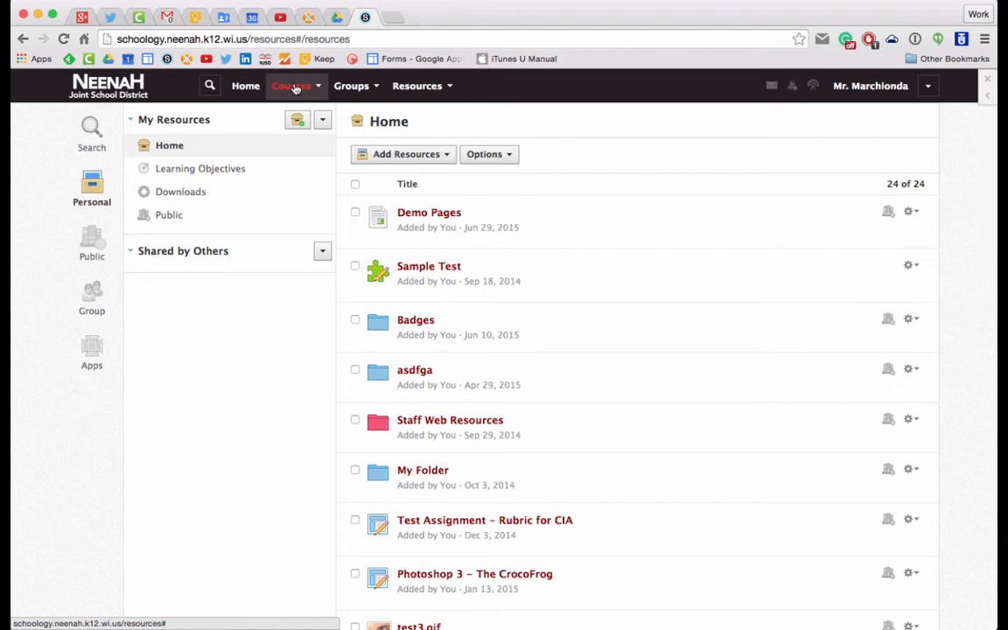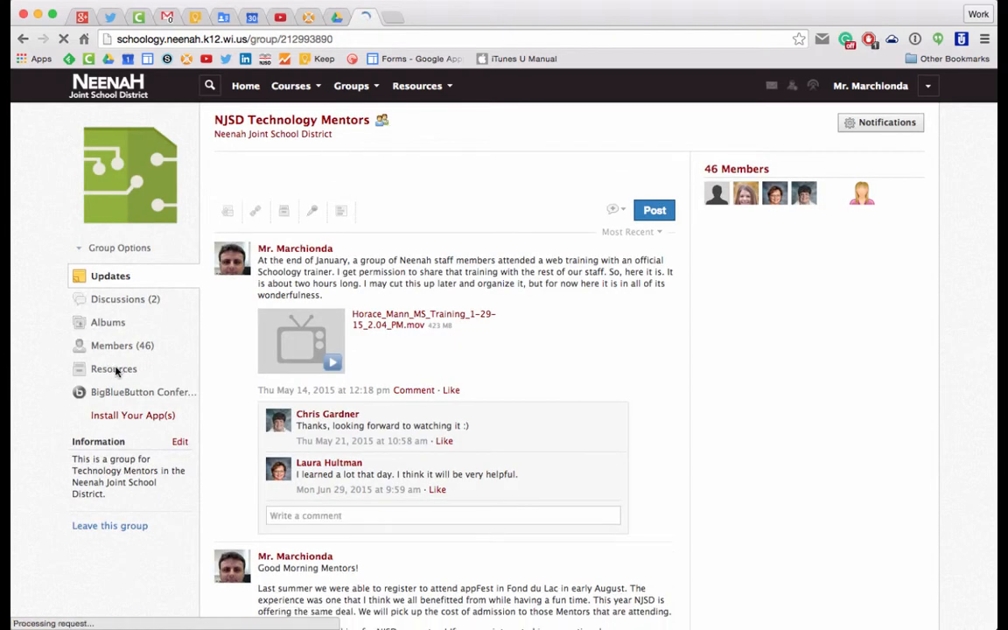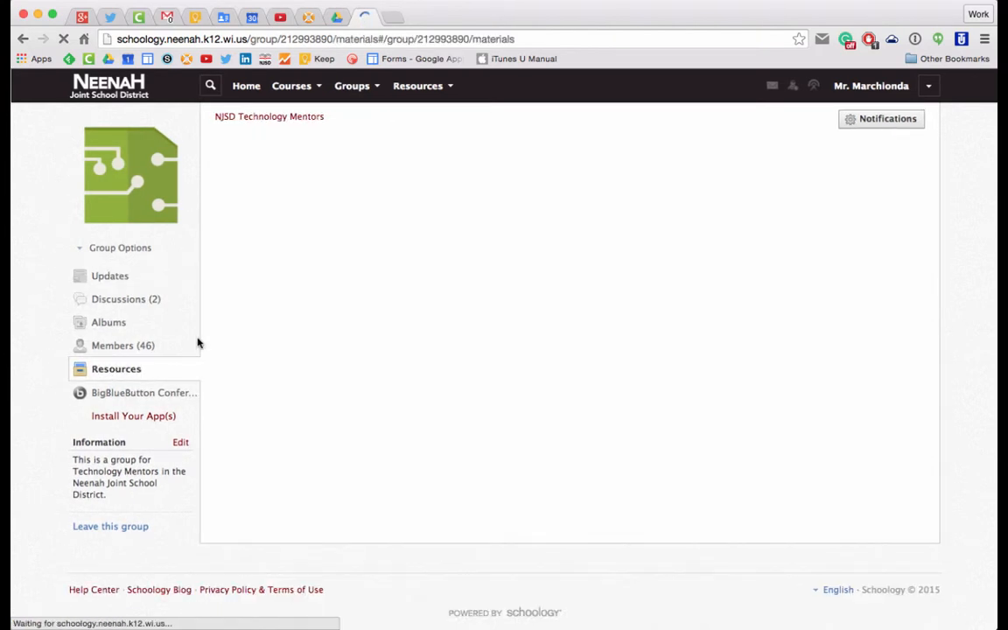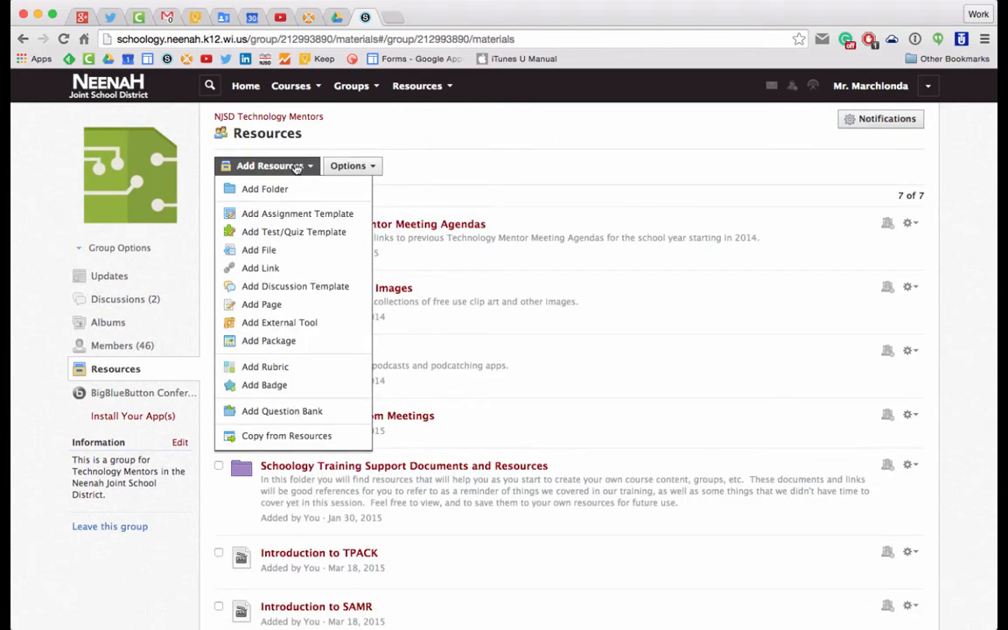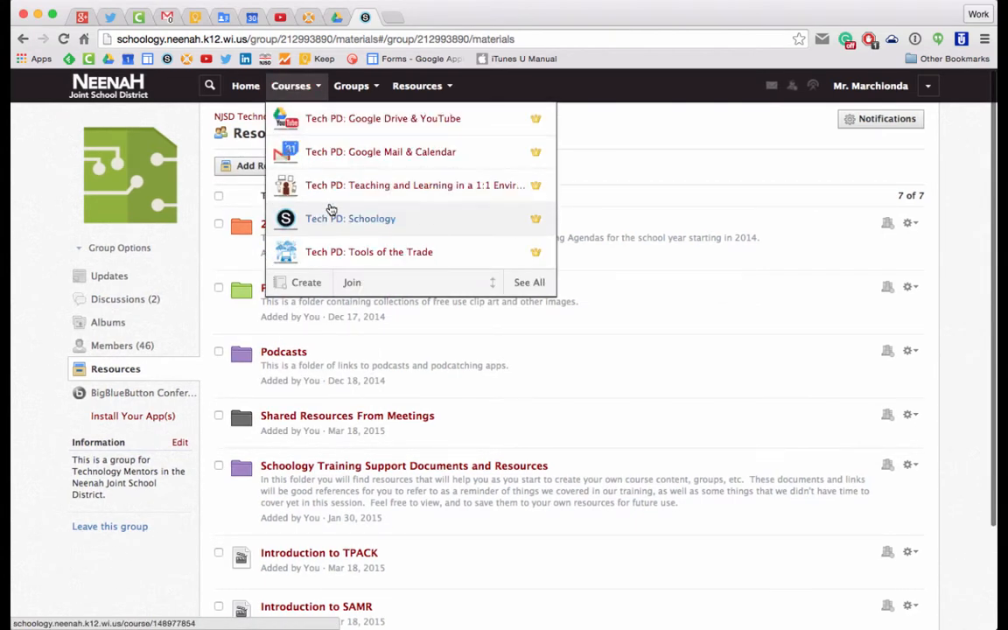The next more possible scenario is probably to do it from a group. If I'm in a group, I can go to the resources section of any group. As long as I'm an administrator of that group, I can also add a rubric there. This might be good for curricular groups, but most of us in our day-to-day are going to be in a